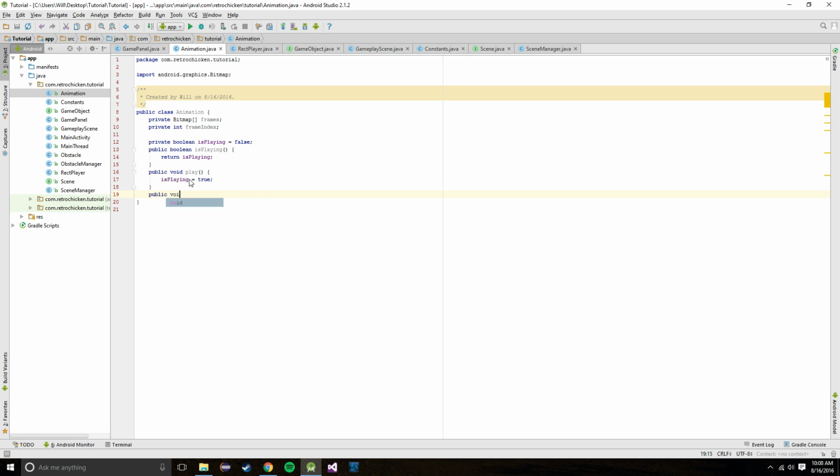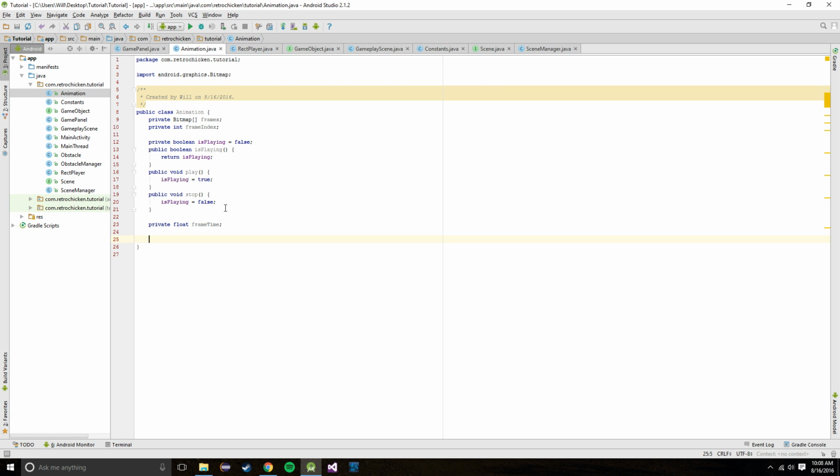And then we're also going to have a void called stop, and that of course sets isPlaying to false. And now we also need a float, which is going to be frame time,